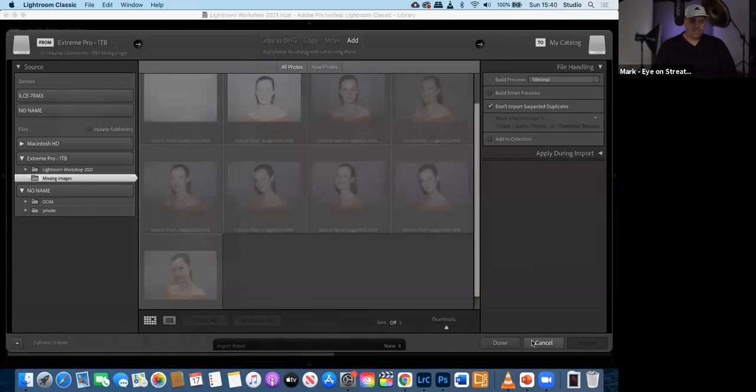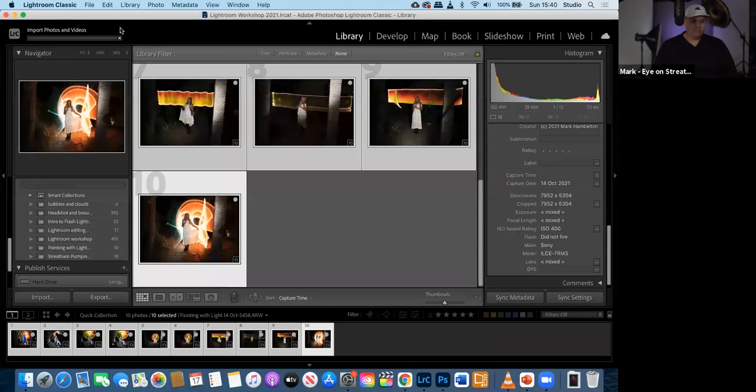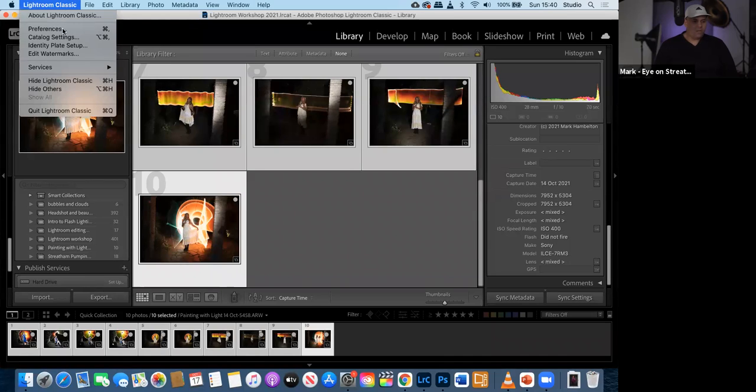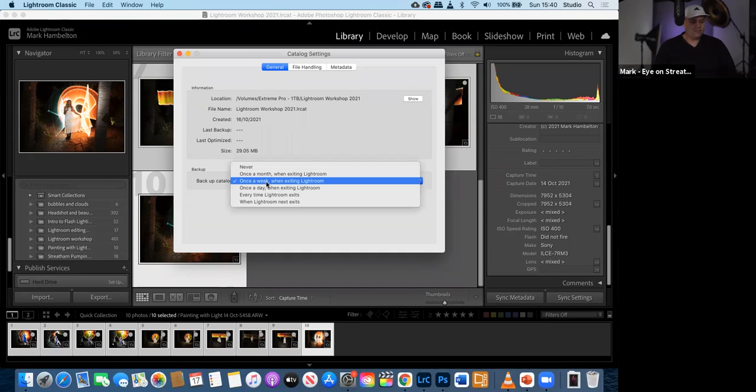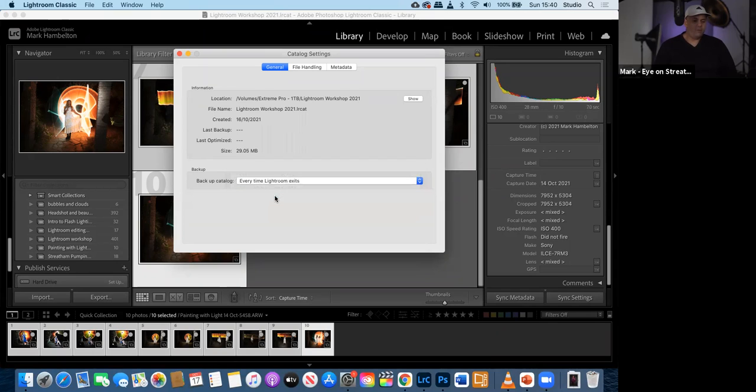So let's get out of the import option. If I go into Lightroom, like I say, it's here under catalog settings. Here we've got it set by default to once a week, because I just set this catalog up for the sake of today's session. So I'm going to change that to every time Lightroom exits. If I quit Lightroom now,